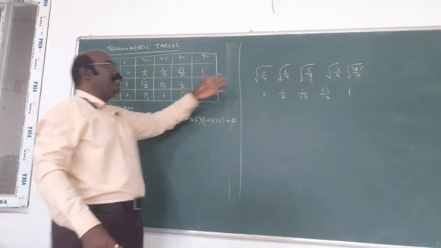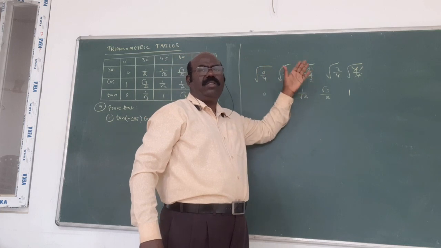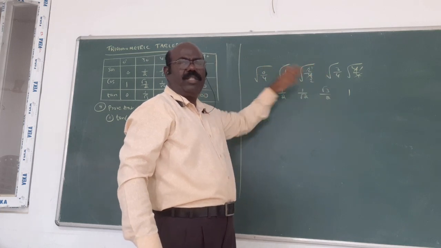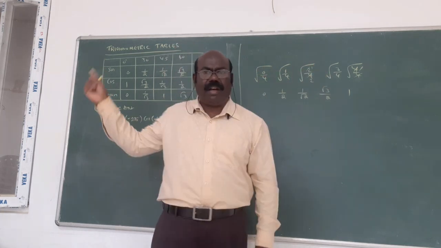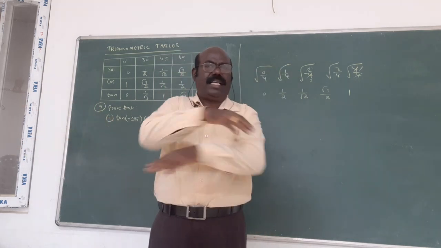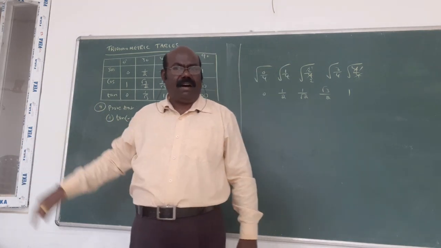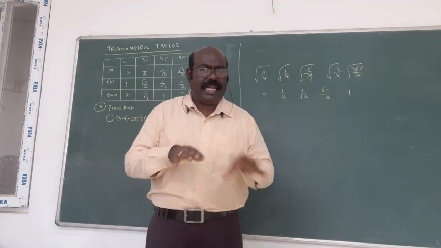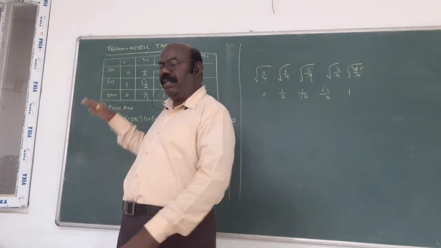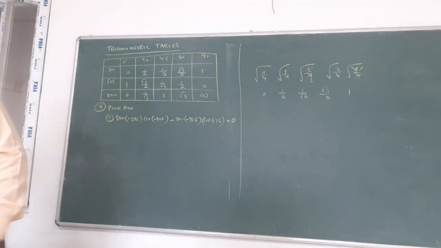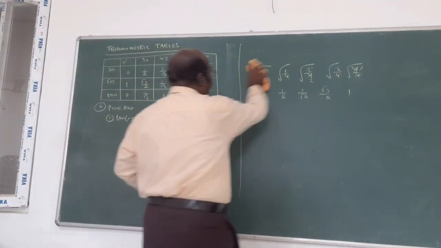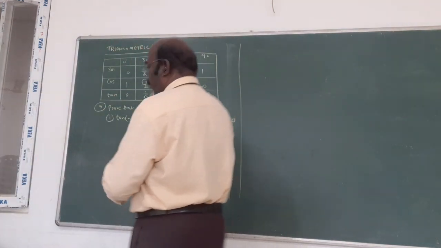To complete this table, this is an easy method for you. Write 0, 1, 2, 3, 4, divided by 4. Take its square root and simplify. That is called the sine value. The inverse or reverse process is called cos. Divide both, that is tan. In this way, complete the table. This is also important for you. Now, write this table also. This is a method to complete the table.